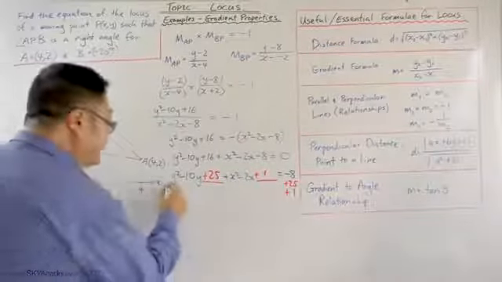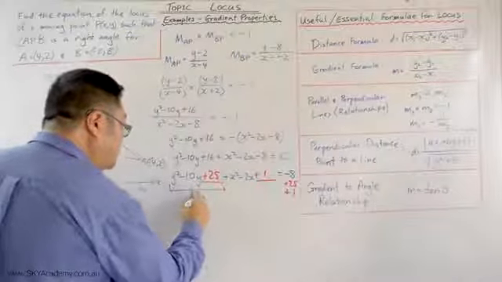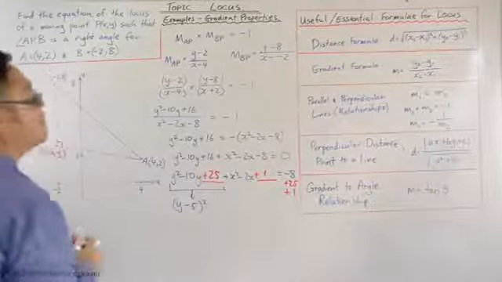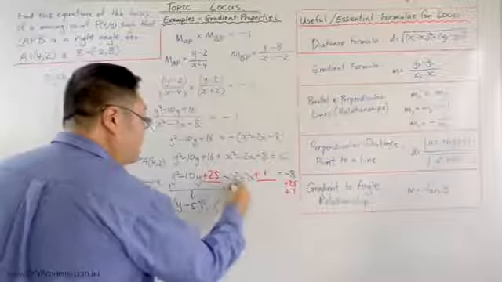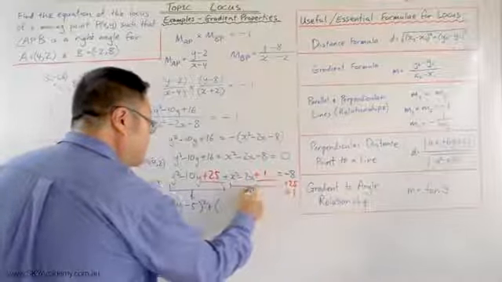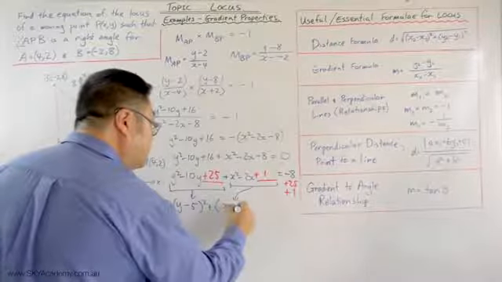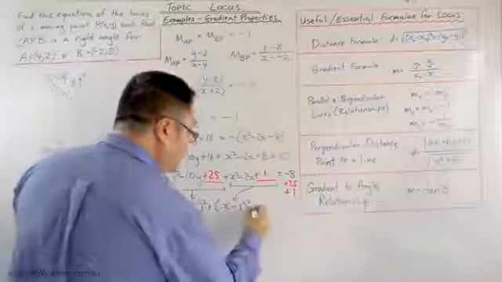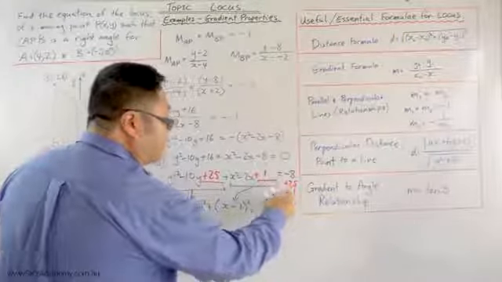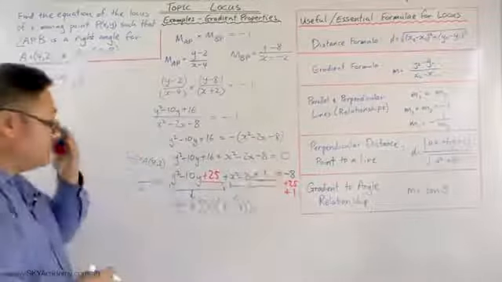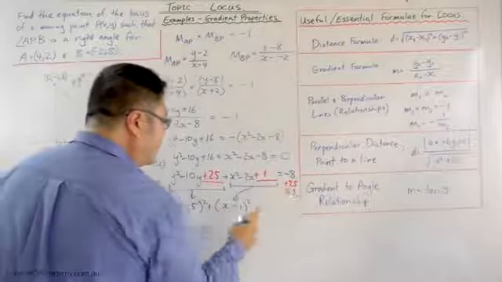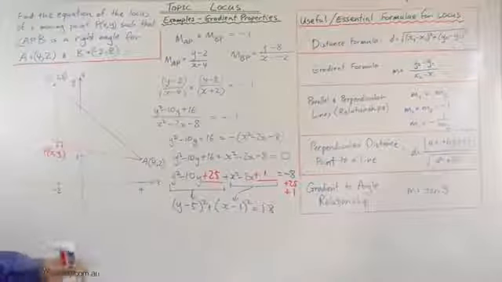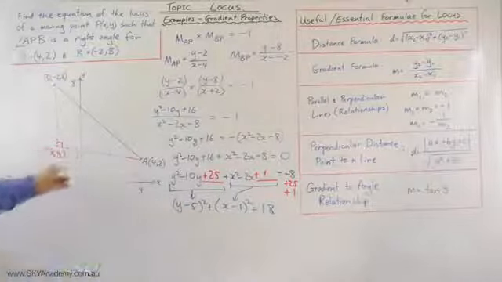So that means this becomes y minus 5 squared, plus over here, this bit becomes x minus 1 squared, which is going to equal 25 plus 1 is 26, minus 8 is, 26 minus 8 is 18. Good. So that actually tells us that the equation of this circle